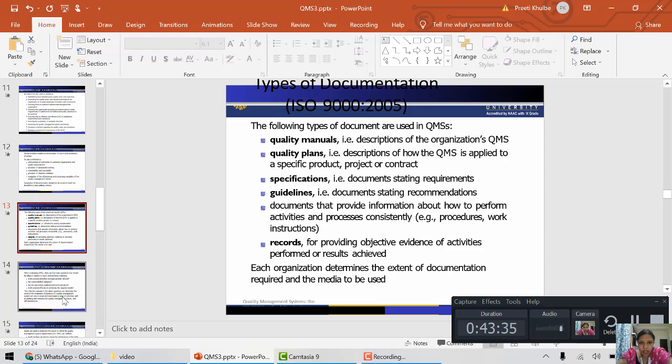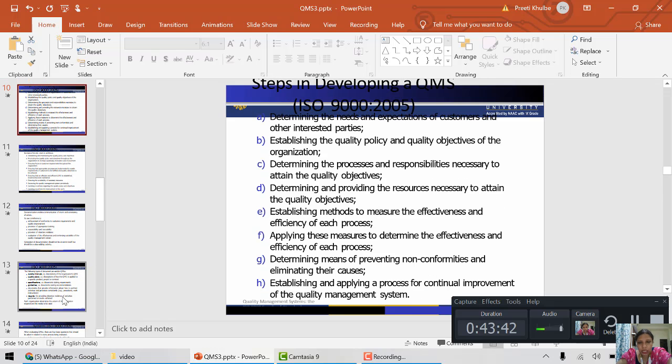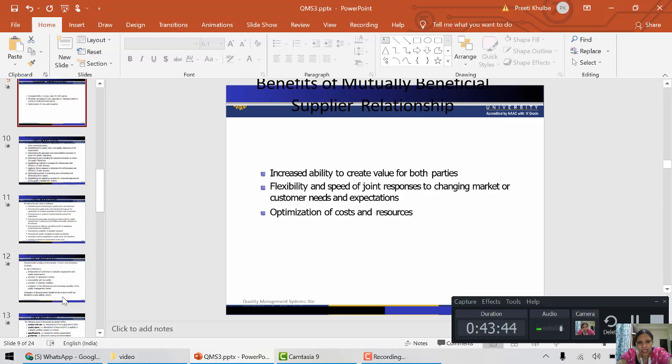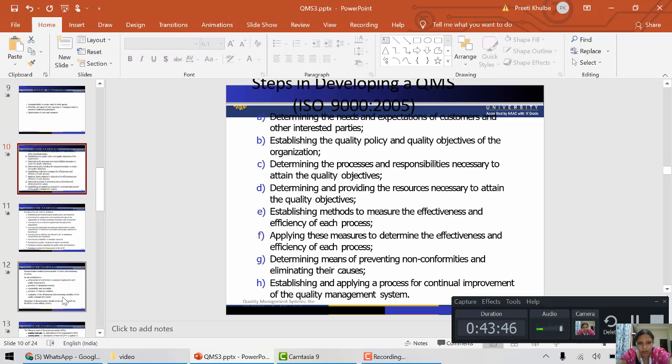So yeah, this is the important thing: types of documentation is very important. Other than that, QMS steps are very important, as we have discussed that there are 8 steps. So these steps are very important when we talk about the QMS. So if we talk about the long answers, steps of QMS is important. So we have discussed that 8 steps are there: determining the need and expectation of customer and other interested parties,